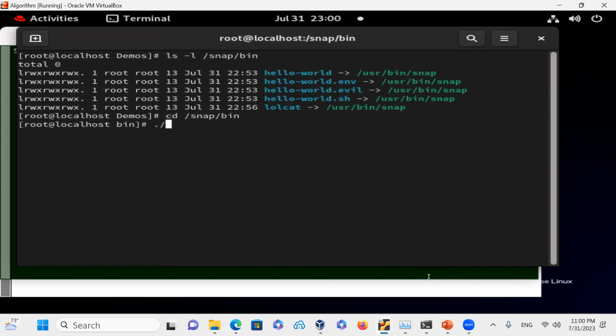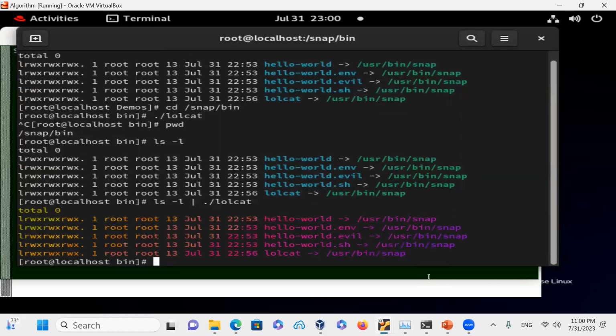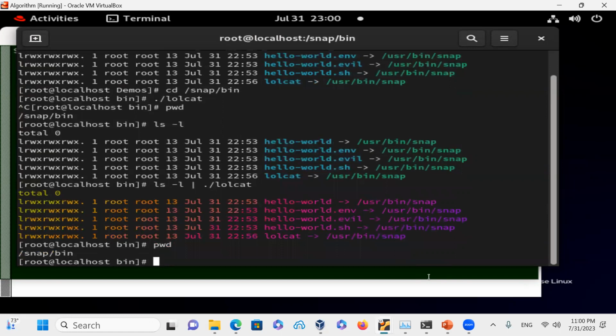/snap/bin, and then you can say laugh out loud cat. Yeah. So this is how that program runs. If I just say ls -l here, and then pipe it to /laugh out loud cat, that would still work, because from my current directory that is there, and then it is actually under the current directory user